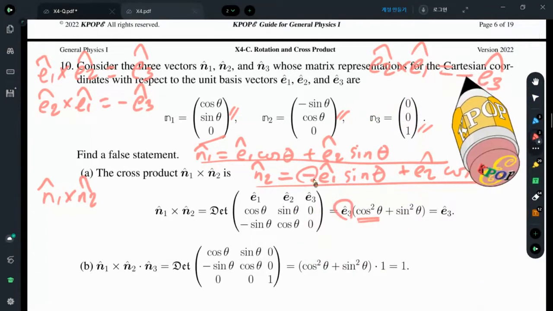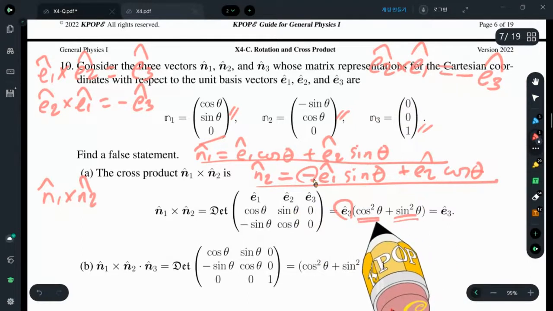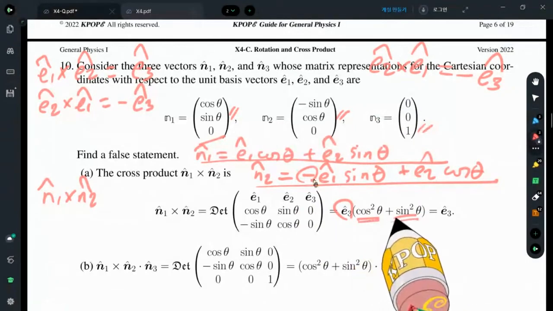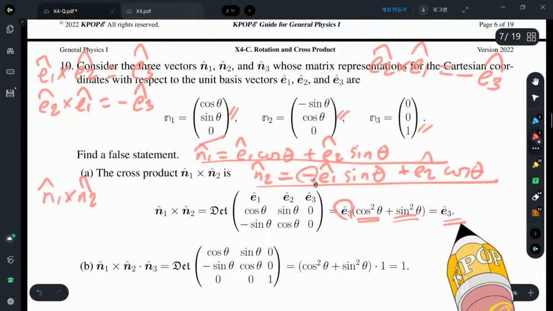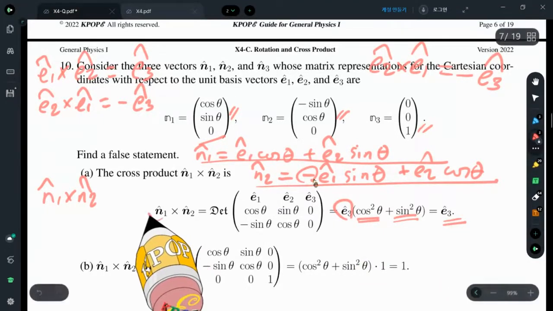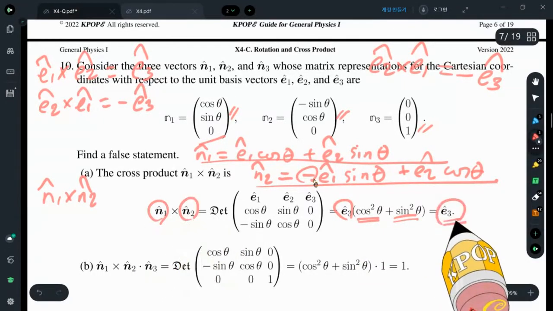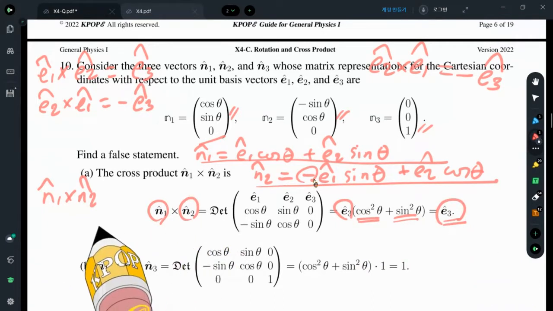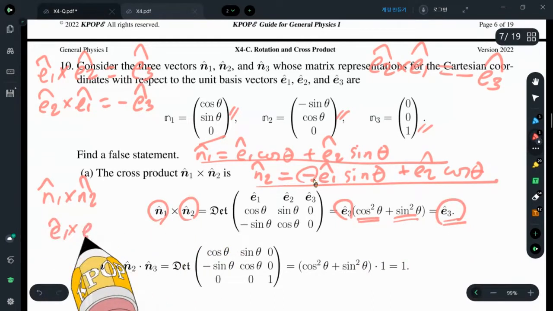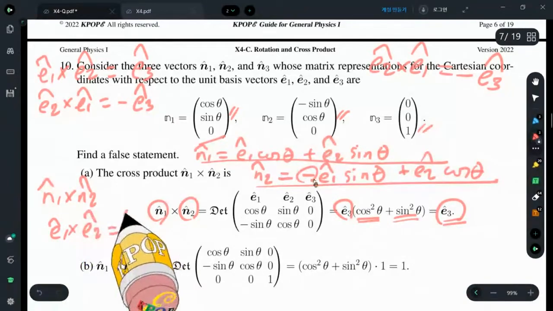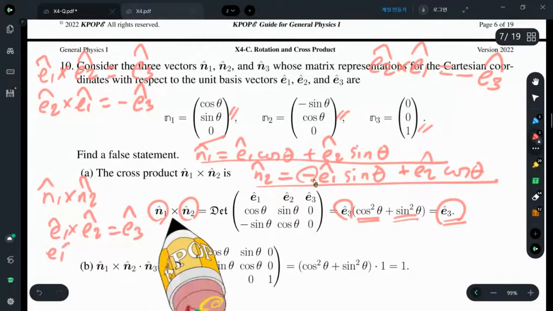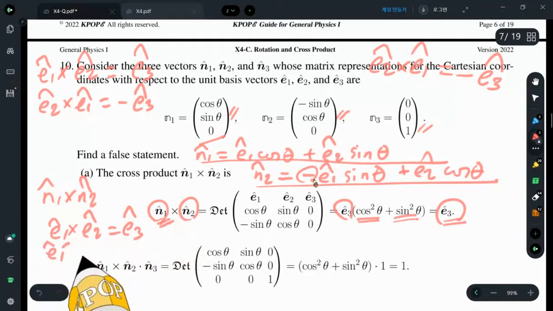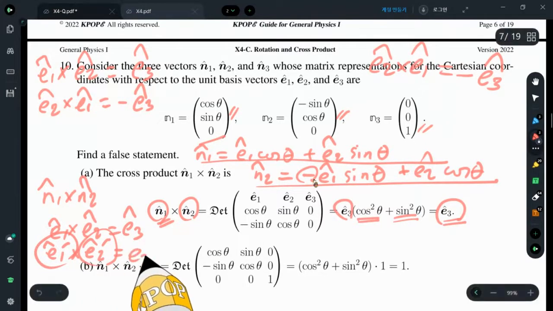This minus minus becomes plus, and the sine squared. So the sum of sine squared and cosine squared is 1. So we have n1 cross n2 is E3 hat. Still the same. We remember E1 cross E2 equals E3 hat, but this n1 is actually the E1 prime and E2 prime. After rotation, these two are still orthogonal to the E3 hat,